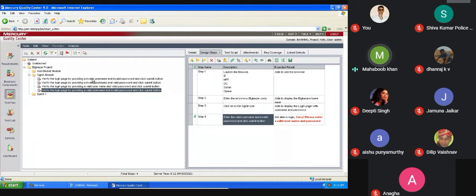Any questions here, guys? Adding the test cases, creating the test cases. Anyone has any questions in the test plan tab? Please. I have a question. Yeah, go ahead. Put attachment, right, sir? So do we need to put expected screenshot also? No, for your reference, if you want, you can keep.